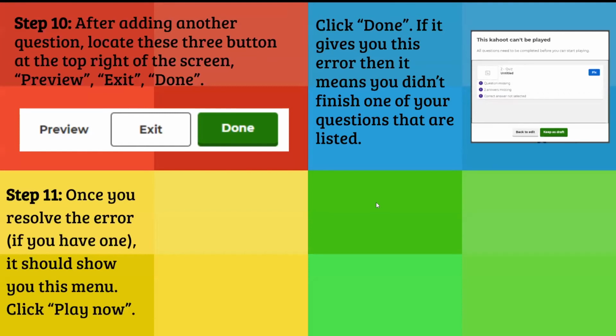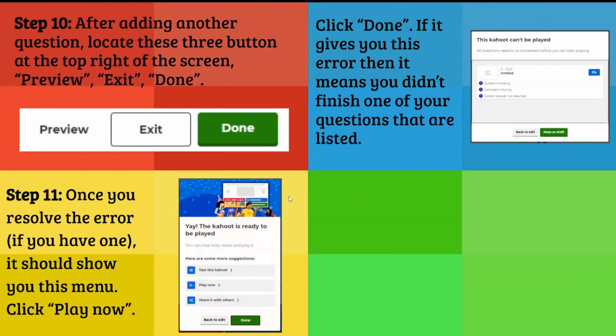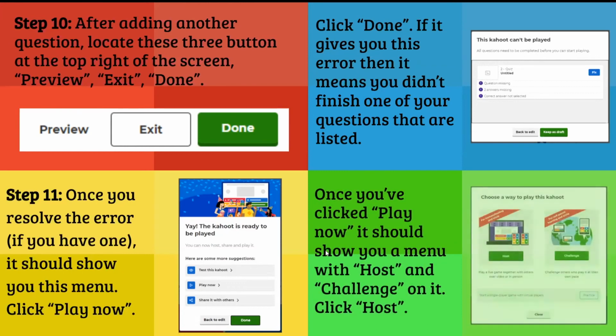Once you resolve this error, whatever it is, it should show a menu that looks like this. There will be a button that'll say play now. In the middle, out of the 3 buttons, there will be one in the middle with a triangle shape that says play now. If you click that, it will show a new menu